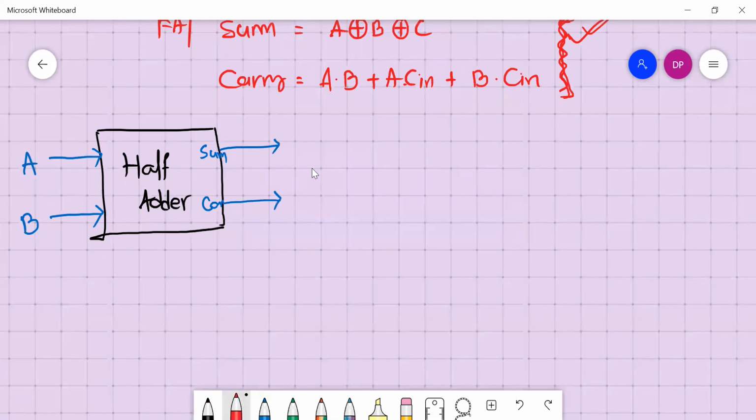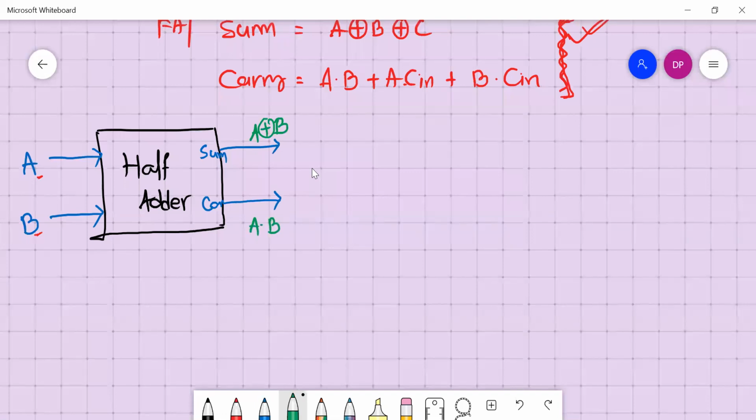Value of sum was A XOR with B. If you have two input A and B, the sum will be A XOR B. And what will be the carry? Carry is A and B. Okay, so let me write it here. This is A XOR B. This is A dot B.